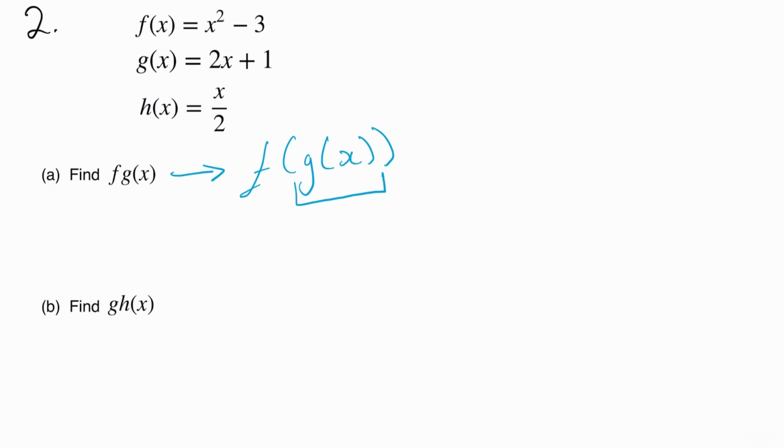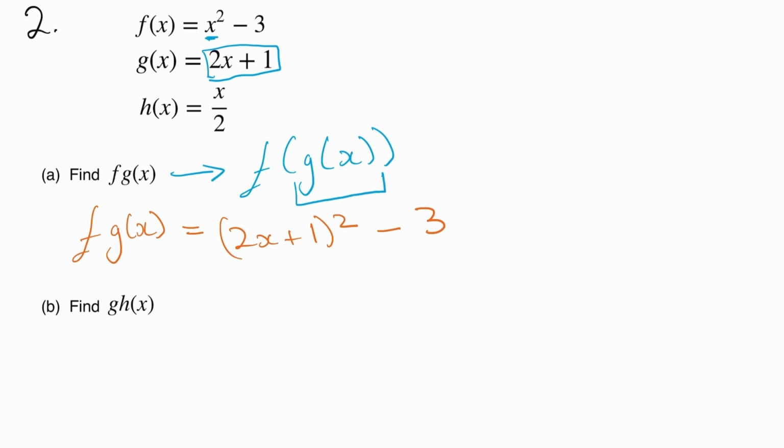So wherever you see x in the f function, which is here, you write all of this stuff. So if we were to do that, we would get f(g(x)) equals (2x plus 1) squared minus 3. And if we were to expand this bracket,